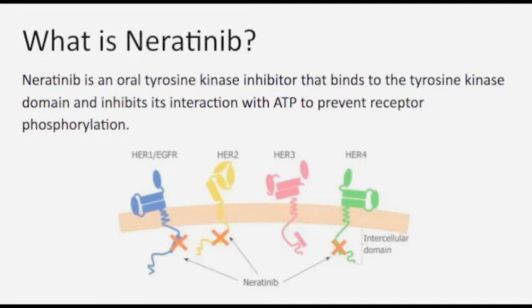Moving on to new cancer treatments, one of the treatments that a Los Angeles-based biotech company called Puma Biotechnology is working on is called Neratinib. Neratinib is an oral tyrosine kinase inhibitor that binds to the tyrosine kinase domain and inhibits its interaction with ATP